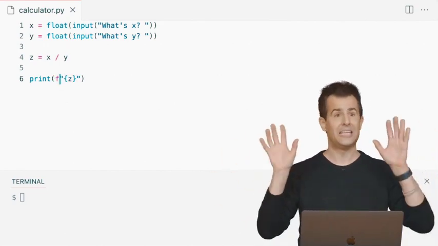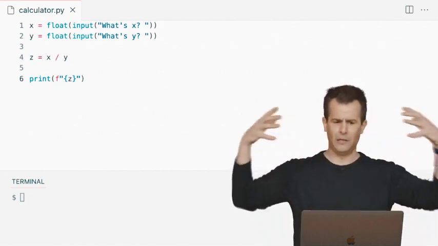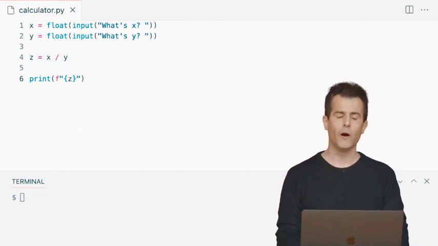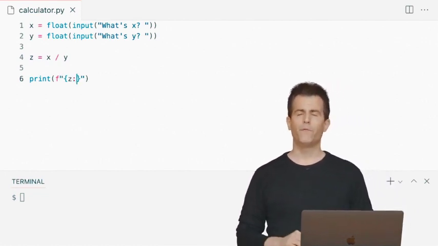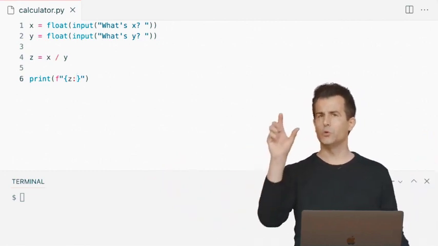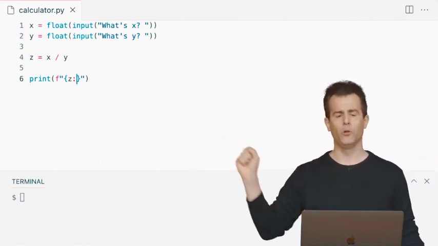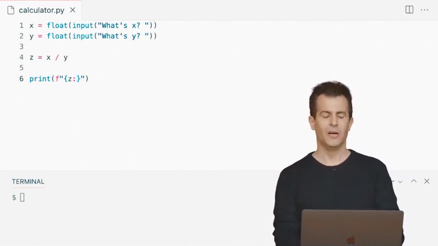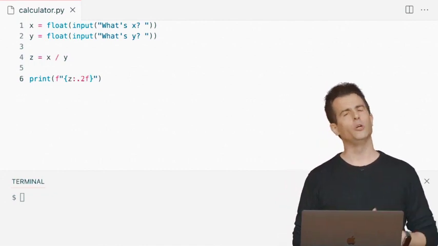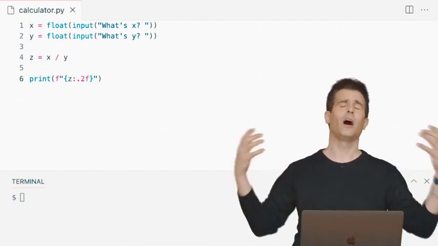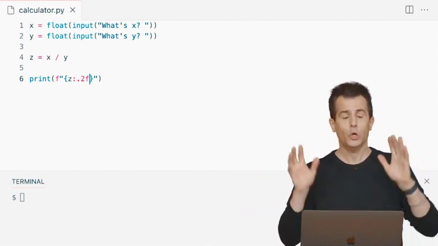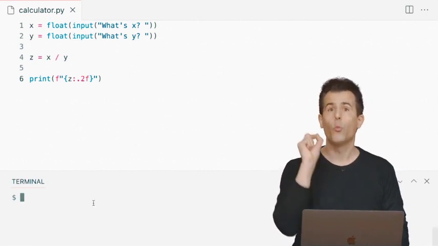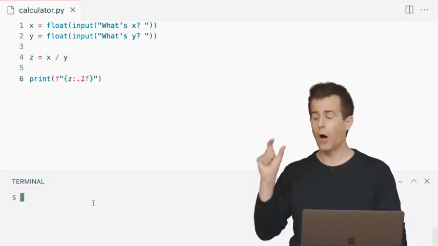And again, this is not interesting yet. This is just going to print out z, but I'm adding a lot more complexity to turn it into an f string. But notice, I can do something else after my variable name, after the colon. If this were going to be a big integer, I might want to use a comma, like before, to separate each triple of numbers with commas. But I don't. I'm going to use a different sequence of characters. I'm going to say 0.2f. And this, too, is one of these very cryptic things I have to constantly look up because I forget, as I don't use it that often. So don't be intimidated if this looks especially weird. But this is, according to the documentation, the way you specify using an f string how many digits you want to print.